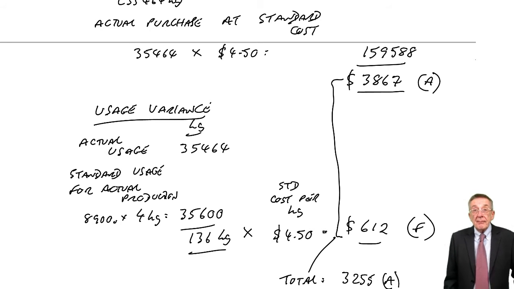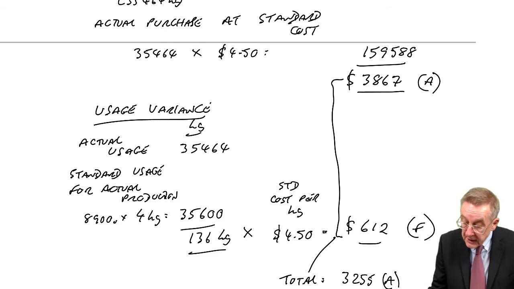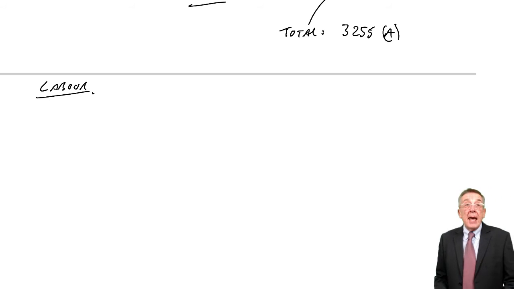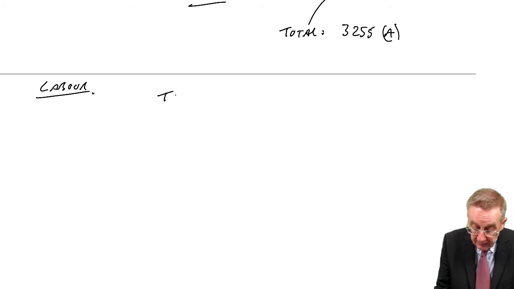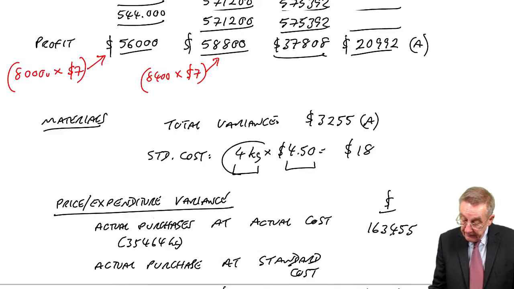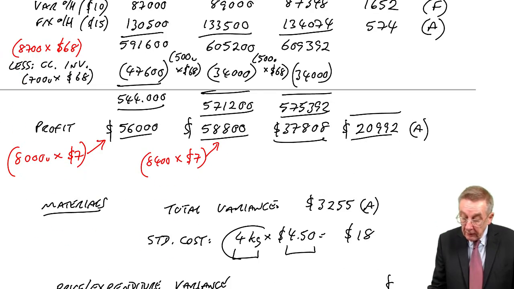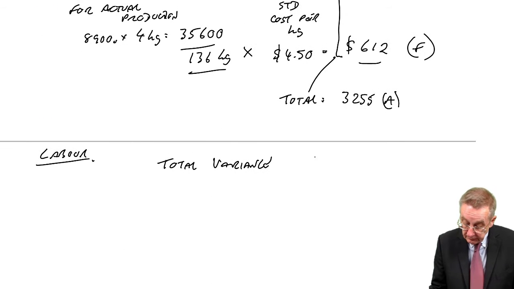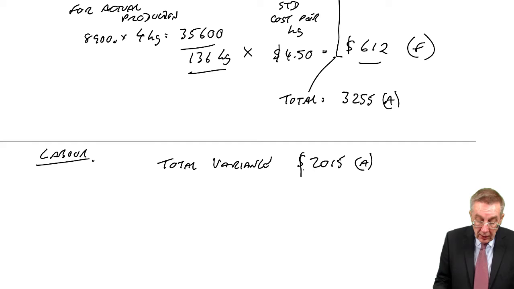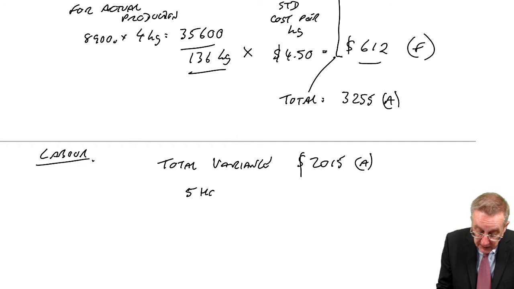However, that's materials. Let's carry on with the next one, which is labour. And again, because we've actually got it here, I will write down what was the total variance. 2015 adverse. Again, we're going to analyse it, and if you look at the cost card, it should be 5 hours a unit at $5 per hour,